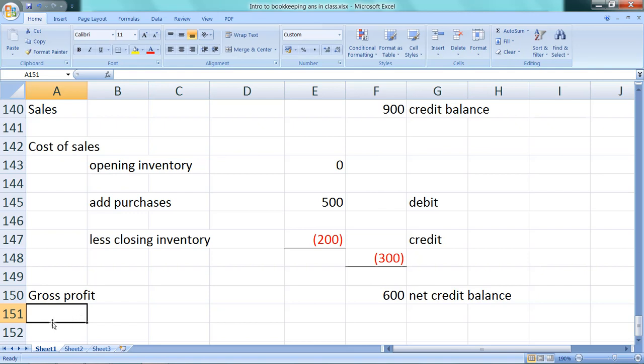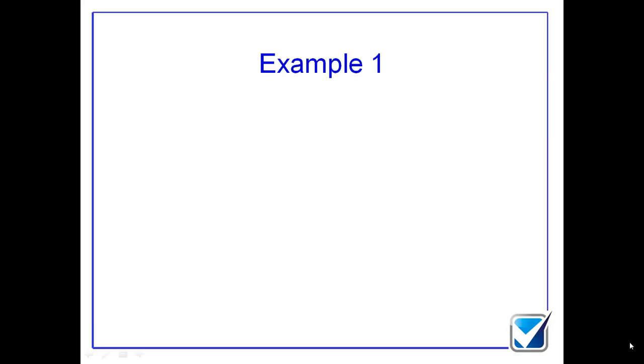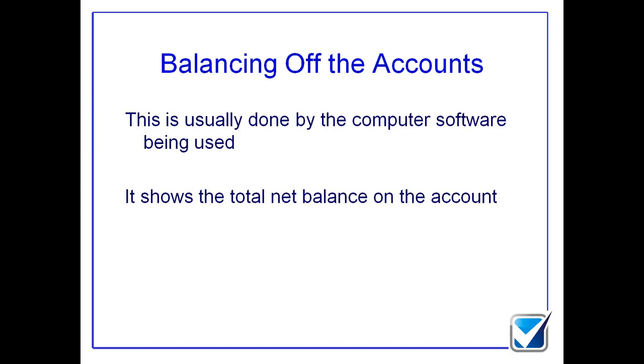Fantastic. Right, next thing I want to have a look at. We're going to look at these T accounts and how these things get balanced off. Now, I'm going to talk about the idea of balancing these things off manually to start with, which is a bit of a bind because, to be honest with you, the last thing you want to do is sit there balancing off every single T account you've got in your set of accounts, because you could have hundreds and hundreds of these T accounts. So what generally happens is your computer system will do it for you automatically. But I'm just going to go through exactly how your computer system actually does it so you can understand exactly what goes on here. Example number 2 illustrates how this works.